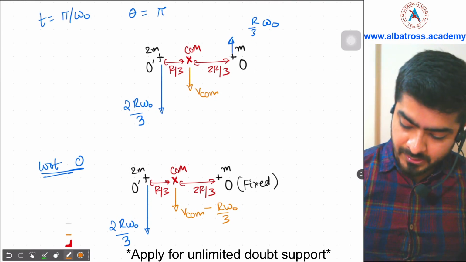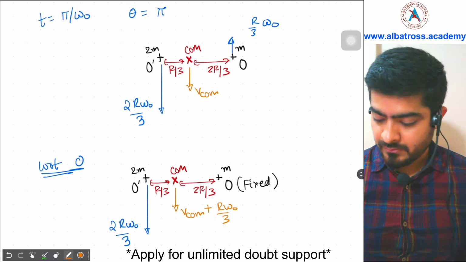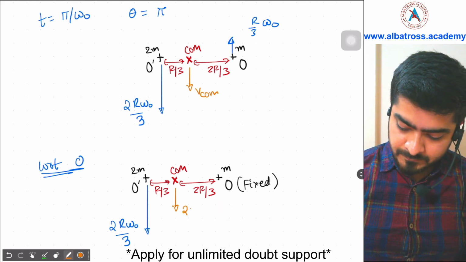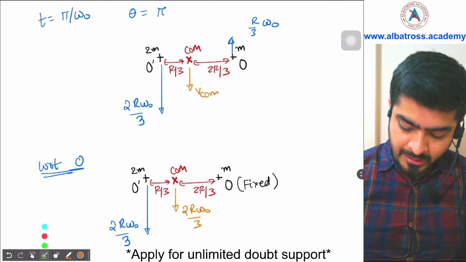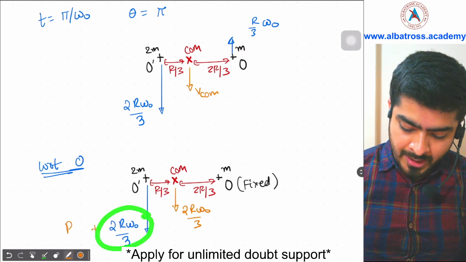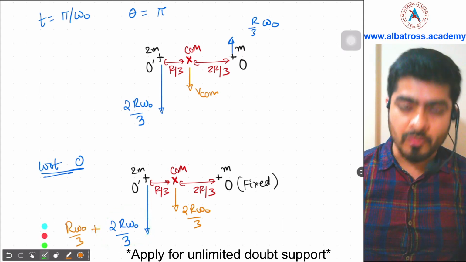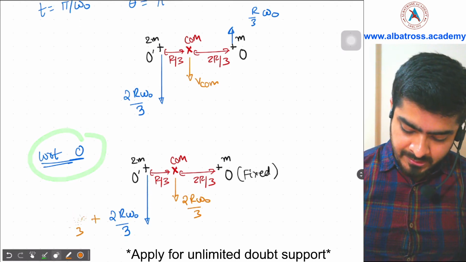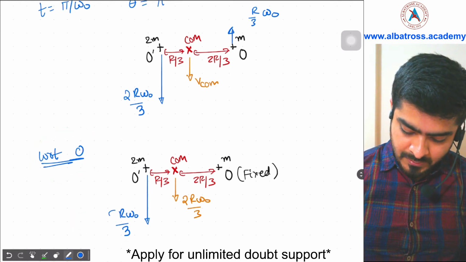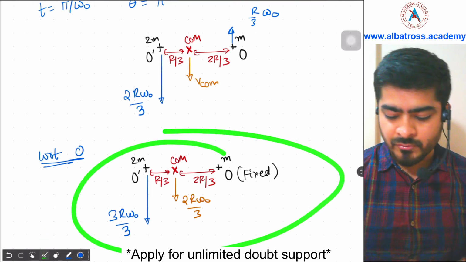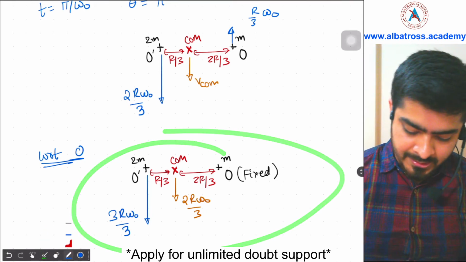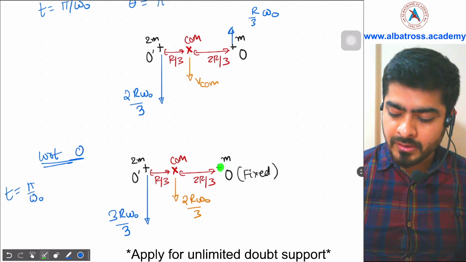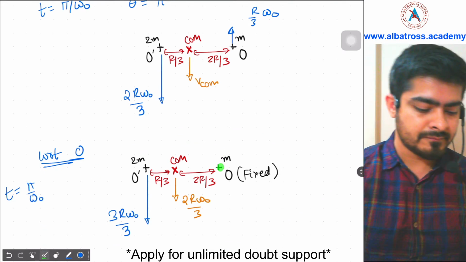I'm sorry, I made a mistake. We have to add them over here. So this will become basically 2R omega naught by 3. And talking about this, again we have to add R omega naught by 3 over here, because we are solving with respect to O. So basically now this will become 3R omega naught by 3. So this is your situation at time t equal to pi by omega naught about the center of the bigger disk.